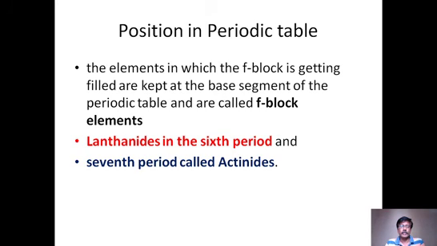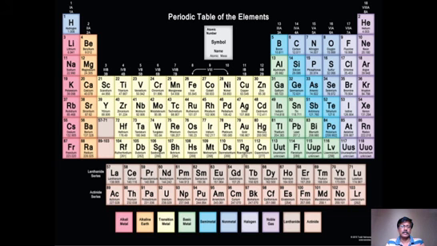And if you look at the position of F block elements, where they are located, they are in the sixth period if they are lanthanides, that means whatever are in the sixth period are called lanthanides, and we also find them in the seventh period, where they are called actinides. Look at this. Here is the actual location: lanthanum, cerium, these are the F block elements. So this is the main periodic table.